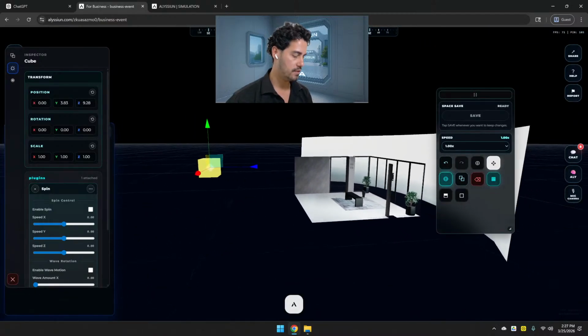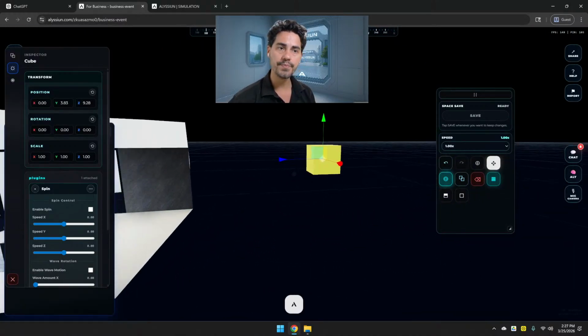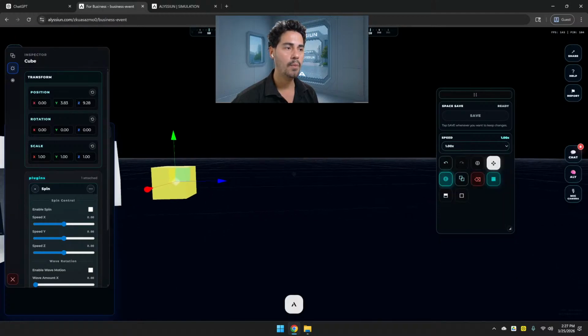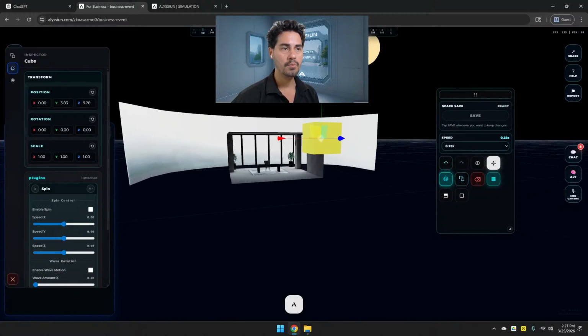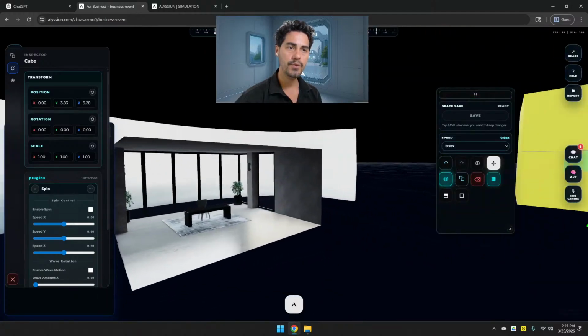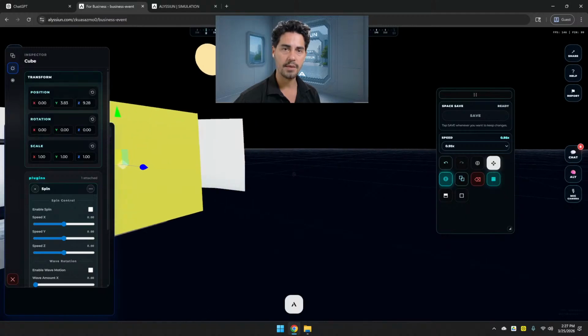If you keep pressing Shift, you go a little bit faster or slower. If you go in here, you can change the speed, or while you are holding right click, you just move the wheel of the mouse and then it increases the speed. If you come from Unity or Unreal Engine, this is basically the same.